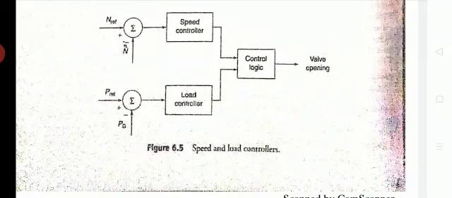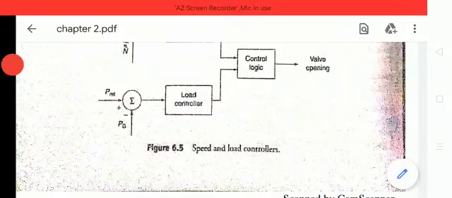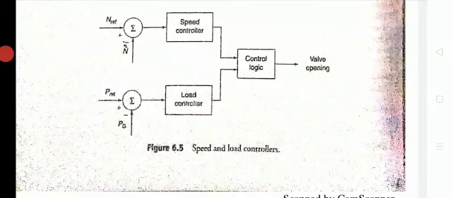So in order to reduce the power, we have to reduce the speed of the turbine, hence the flow of the steam, if it is a steam turbine, that is made to flow over your turbine should be reduced. So that is how, by controlling the valve opening, the speed of the turbine can be controlled.